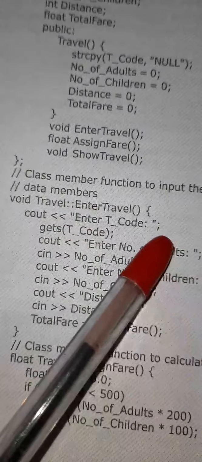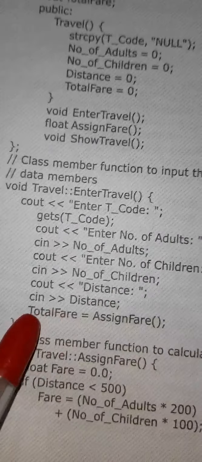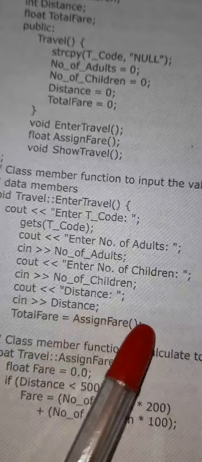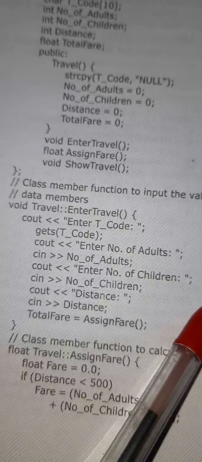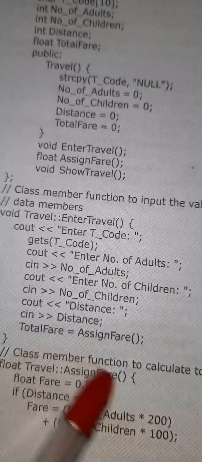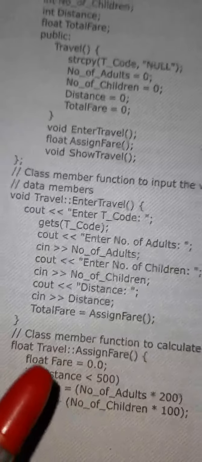So it simply executes. Now once it comes to the end of this line, okay, it reaches here total fare is equal to assign fare. So another calling function is there. From this function body, another calling function calls, and then it executes this program statement, this function body, okay. Now under this function body, okay, if we come to here,